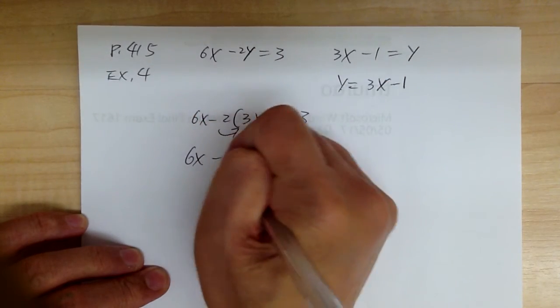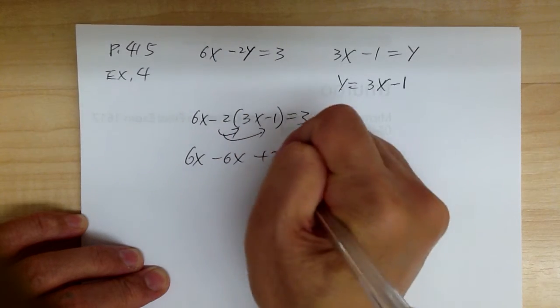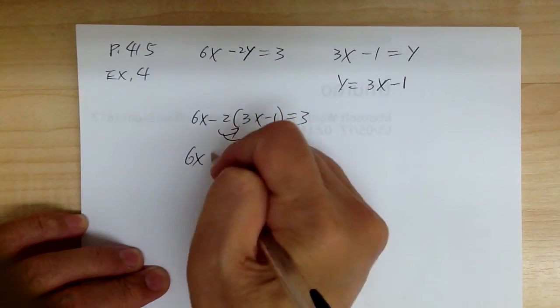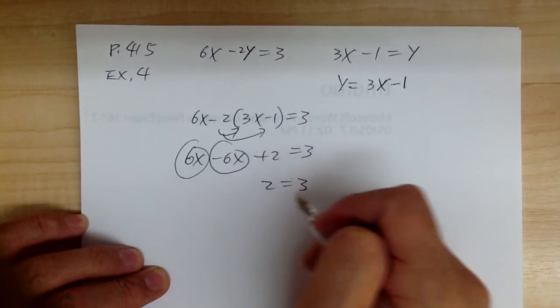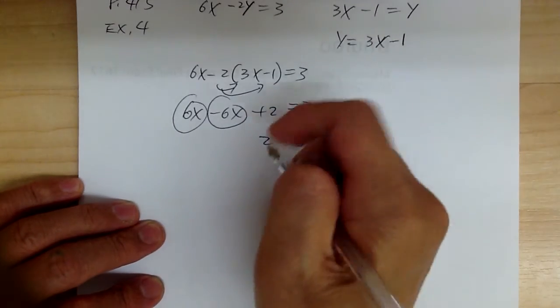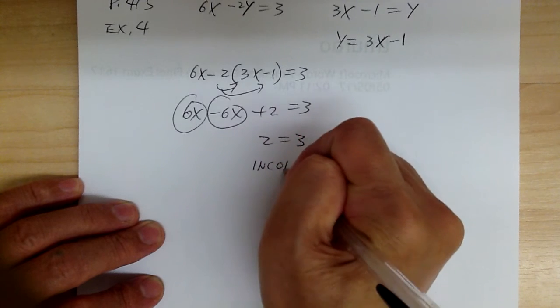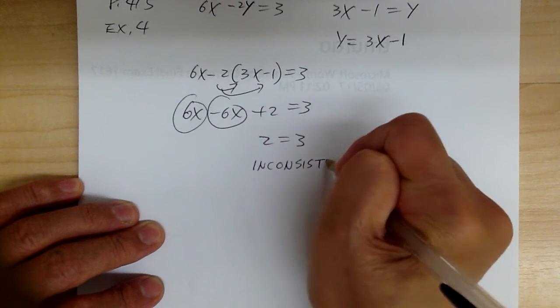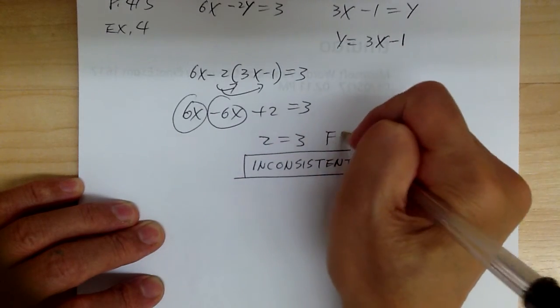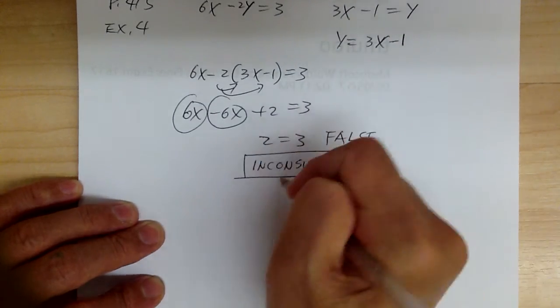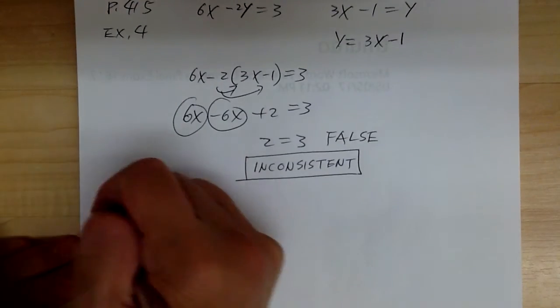So you multiply, you get minus 6x, multiply, you get plus 2 equal to 3, and this cancels out. So you're going to get 2 equal to 3. So this is a contradiction, right? Cannot. So your answer would be inconsistent. Okay, so again, because this is false, it'd be inconsistent. Okay,